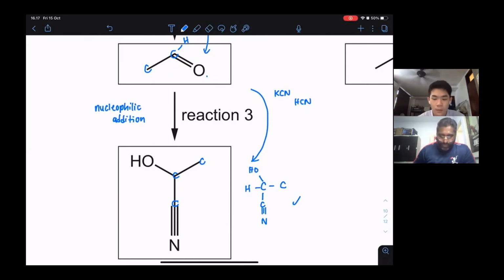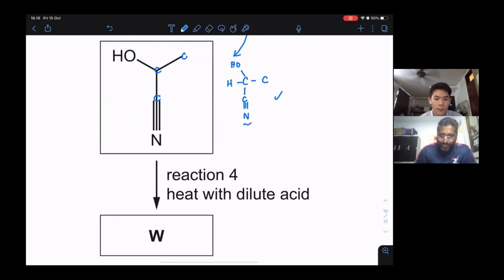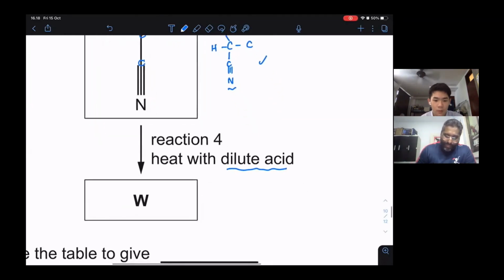So the next part, once you have this nitrile, we call it nitrile. So there is OH, there is nitrile, and then they are going to heat with dilute acid. Do remember, when you have a nitrile, which is any kind of C triple bond N, if I just put it as R, RCN,